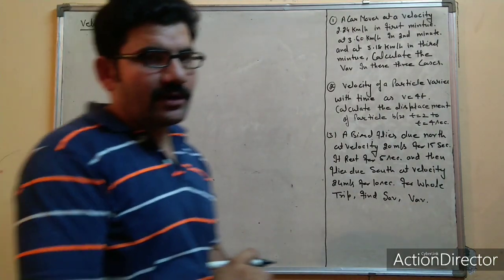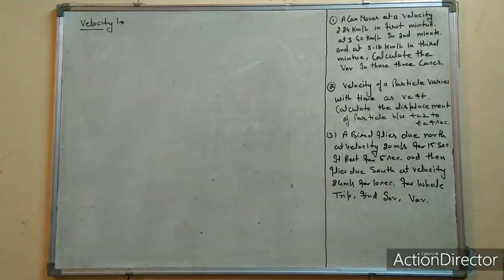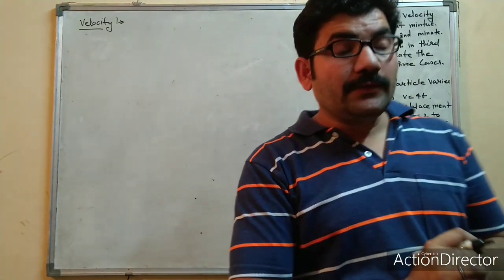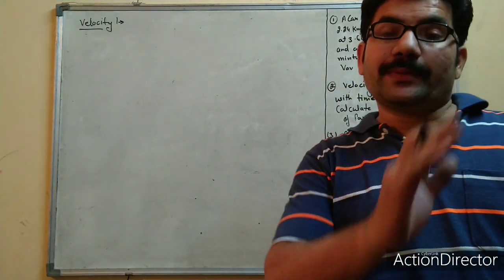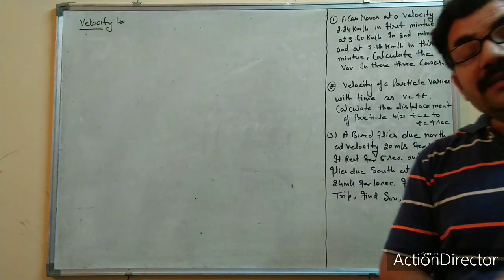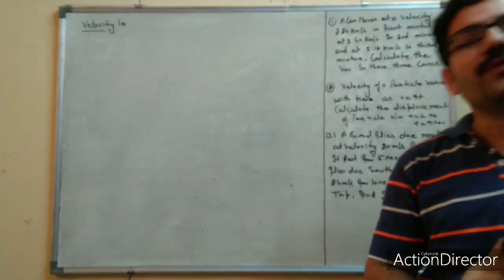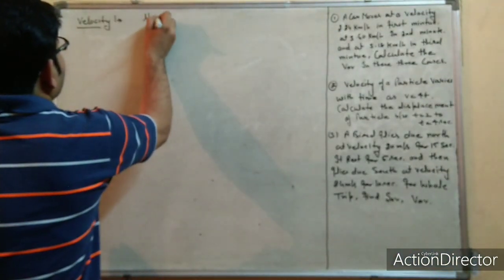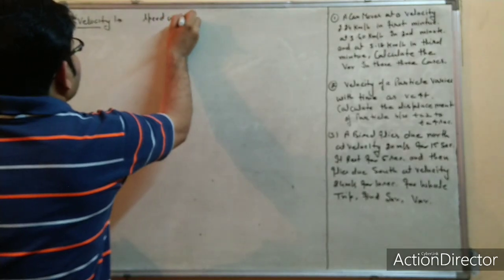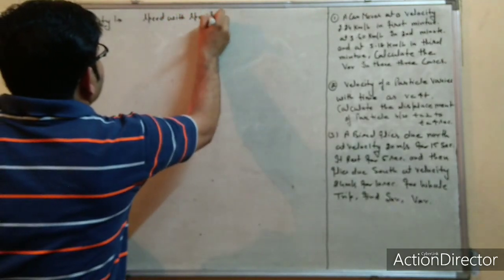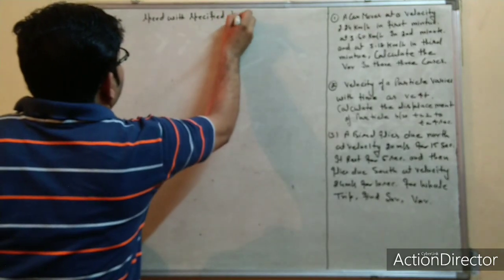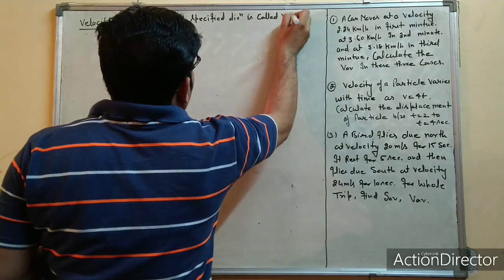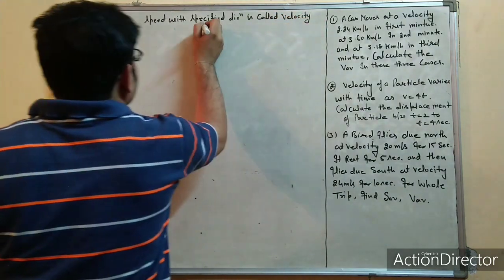First question: what is velocity? Actually, we know that speed is basically the ratio of distance to time. But if the distance to time ratio is specified with a particular direction, then that speed automatically changes into velocity. So we can say speed with specified direction is called velocity,